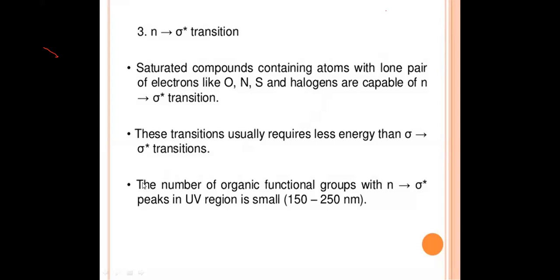So n to sigma star type of transitions are involved mainly in saturated compounds containing atoms with lone pairs of electrons, like oxygen, nitrogen, as well as sulfur and halogens. These are capable of n to pi star type of transitions. Saturated compounds with electronegative atoms, or there must be a presence of non-bonded electrons. In such compounds where there is a presence of saturated bonds, or saturated compounds along with